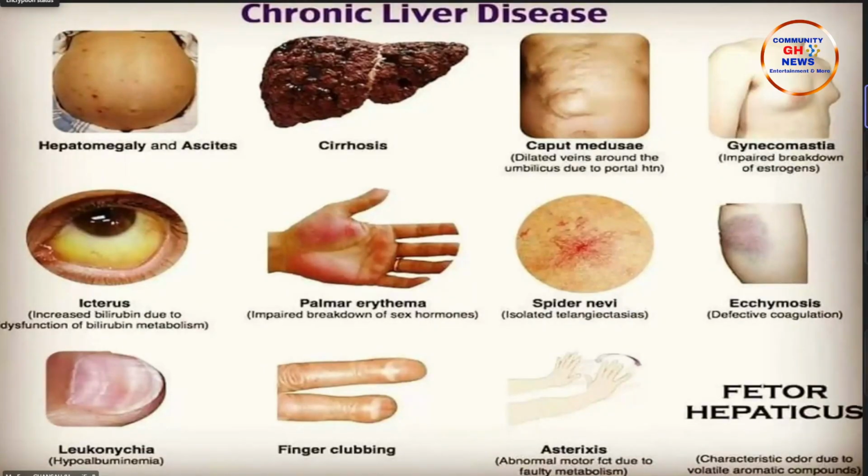The blood vessels under the skin will become so dilated that you can see them in your palms. That's where we have the palmar erythema. And then on the same abdomen, you'd also be seeing some dilated arteries on the abdomen. That's the spider naevi. And then there'll be easy bruising. Every small thing you do, even if your hand hits a table or a chair, you easily get bruised. It's also a symptom of chronic liver disease.